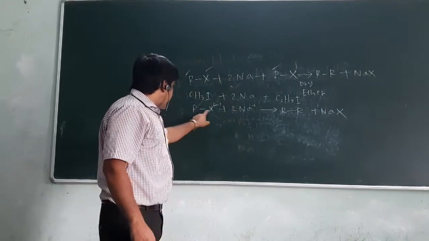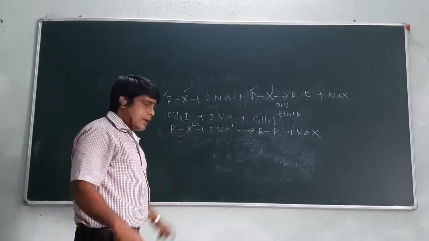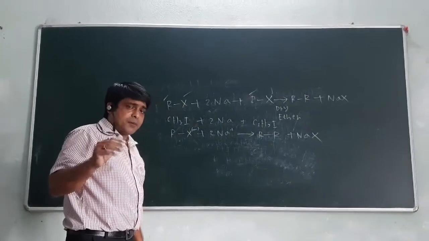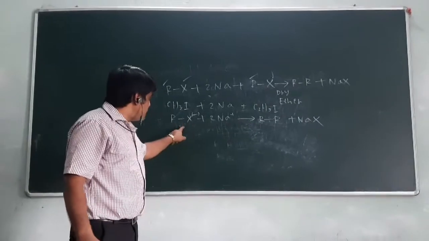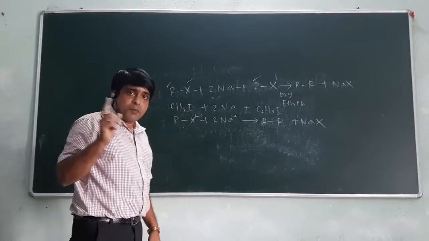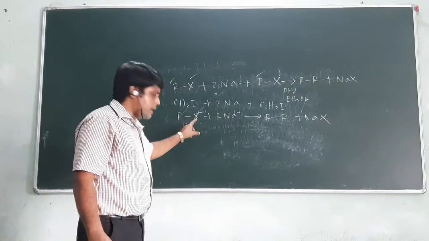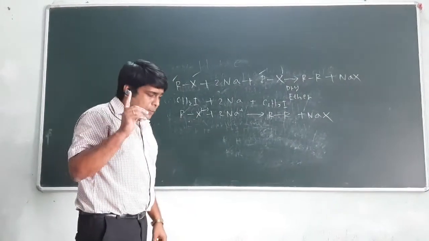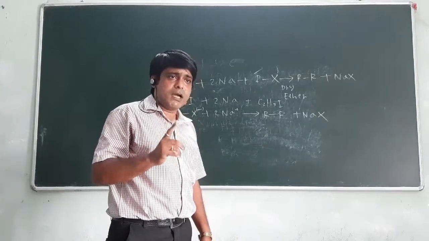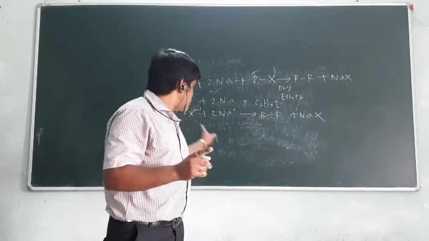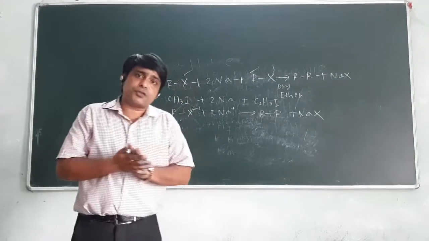where the alkanes are chain alkanes. In case of the chain alkane, if the molecular mass of that alkane is increased, then the boiling point is also increased. That means the molecular mass is directly proportional to the boiling point of the alkane. Okay, why? In the examination, this question can come